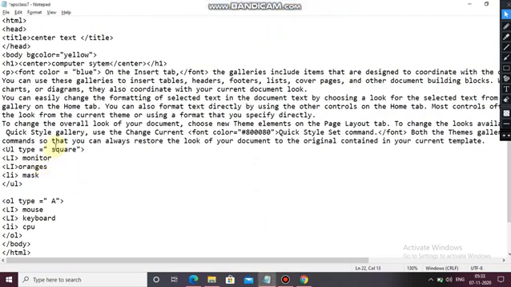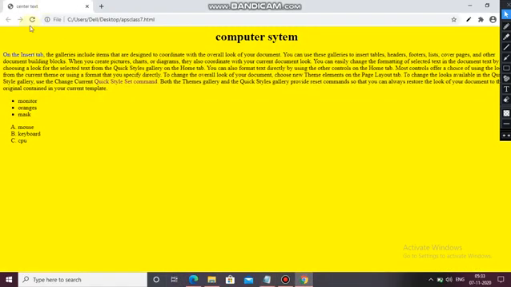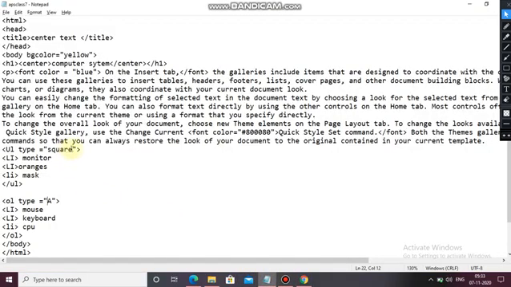See, I have provided a space, I think, so that's why it did not work. Now Control S, and let's see here. You can see capital A, B, C and a square. Again you can change it. Here you can write disc, and here you can use Roman.